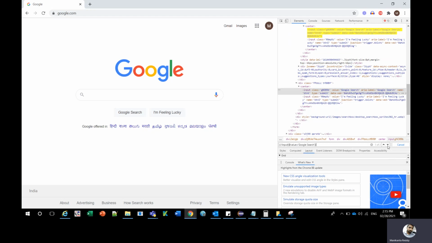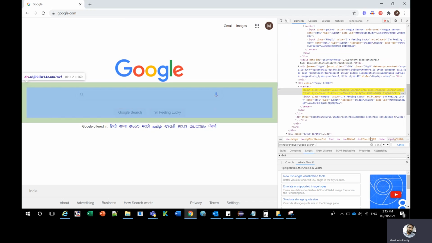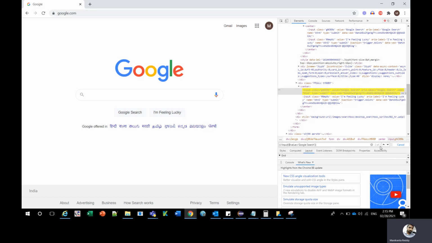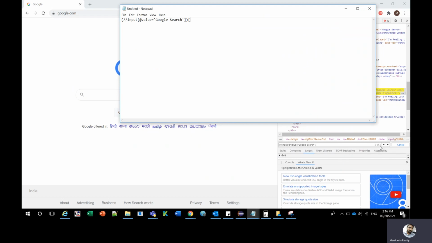Moving to the next one, you can see the element is highlighted, the Google search button is highlighted. So we need this element. Here on the Chrome it says 2 of 2. The index number starts from 1, and since we have two elements, it is 1 and 2. If we have 5 elements, the indexing goes 1, 2, 3, 4 and 5. So here the element on which we want to perform the operation is 2, so we need to use index 2.